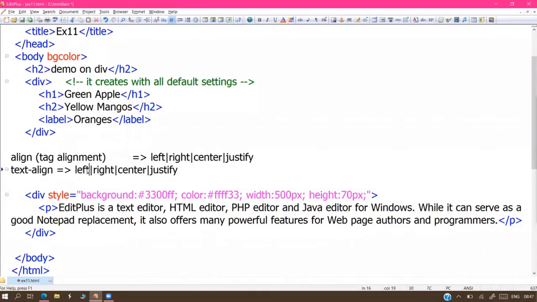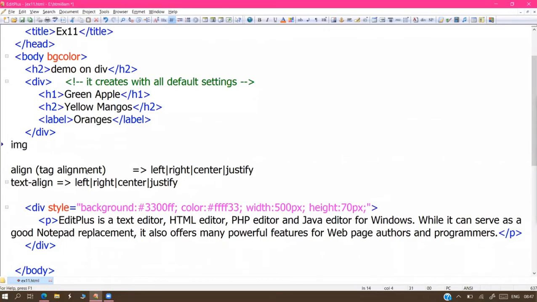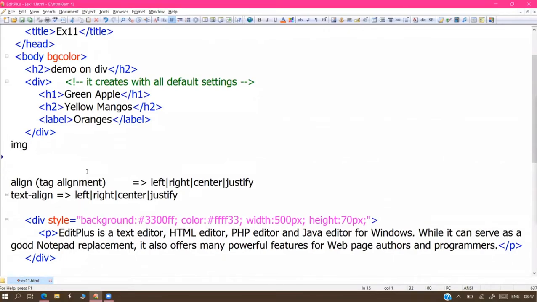Text alignment, sir: inside every tag we have some data. Up to now, how many tags have we learned except the image tag? In every tag one piece of data is available, from your first example up to the last example. Except the image tag, every tag has some data inside.